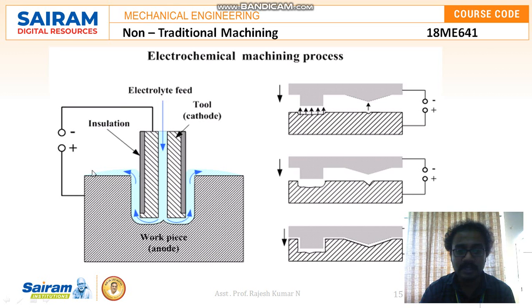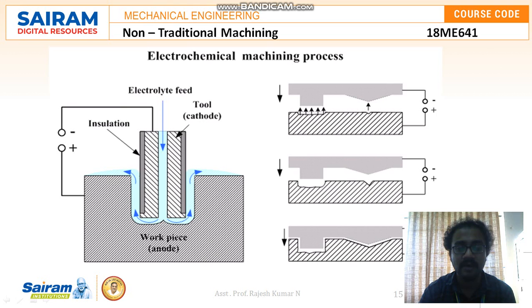So we can see this is the workpiece. Whatever shape we are looking for in the workpiece, whether it is U shape, V shape, T shape, or L shape, mostly the shape of the tool should also be made the same. And as usual, there is a passage in between the tool, that is the electrode we are using here, and the workpiece, and in this passage the electrolyte will be fed.